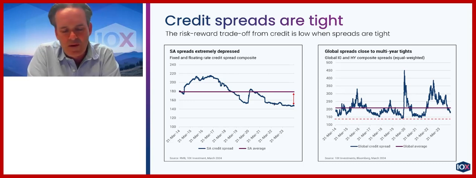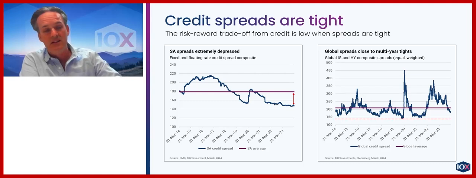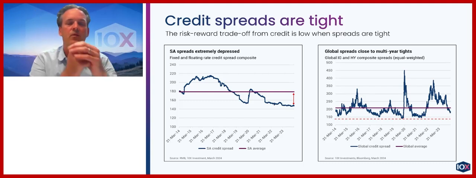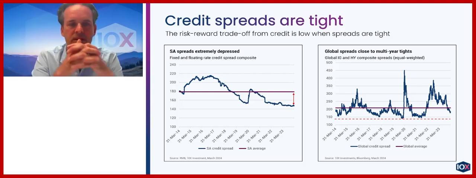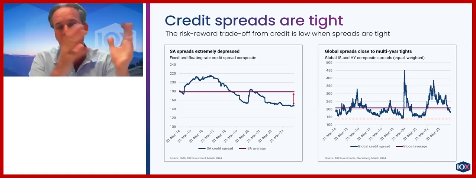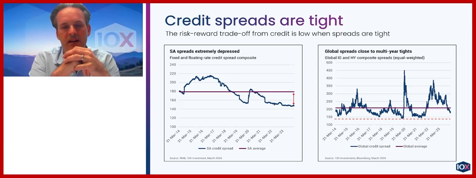And in the end, with fixed income, one of the most important things you need to be careful of is that you can generate additional yield, but are you being paid to earn that additional yield? Unfortunately, in the local market, given where spreads are, and given that the reality is we have default risk, we're not really, in our view, being compensated to hold credit in the portfolio. In particular, when you compare that to what you can earn through short-dated inflation-linked bonds in the local market.